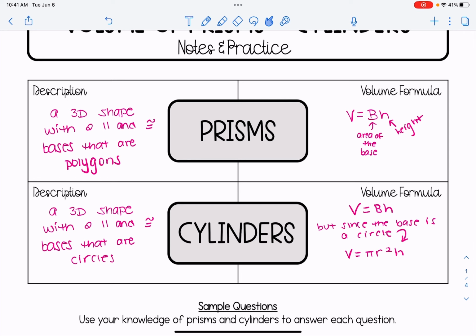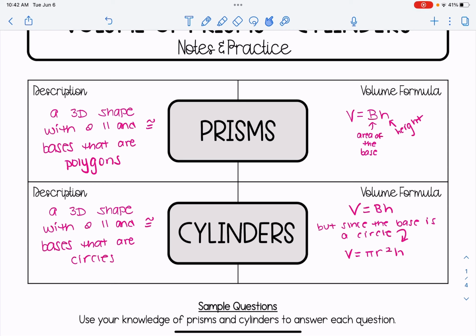Since these shapes have so much in common, their volume formulas are essentially the same. The formula is volume equals capital B times H, where capital B stands for area of the base and H stands for the height. But we can take a little bit of a shortcut when we have a cylinder because we'll be working with cylinders that have circular bases. We know area of a circle is pi r squared, so we can use the volume formula V equals pi